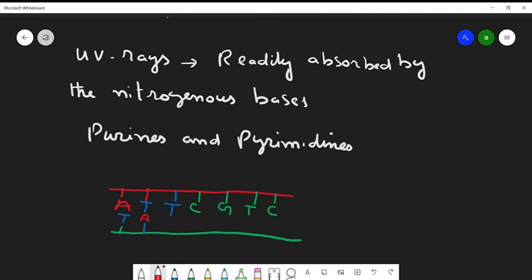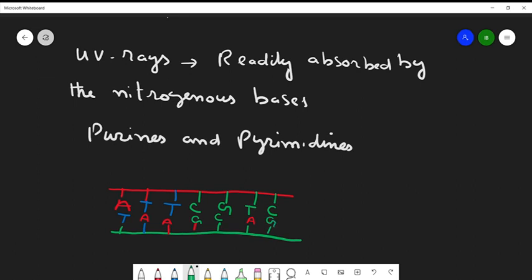And here again there is thymine, so here will be again adenine. Here is cytosine, which always base pairs with the guanine. So suppose here is guanine, and it will base pair with the cytosine. Here is thymine, and thymine always base pairs with the adenine. So here is the adenine, and again we have cytosine, and cytosine we know base pairs again with the guanine. Suppose this is the stretch of the DNA.